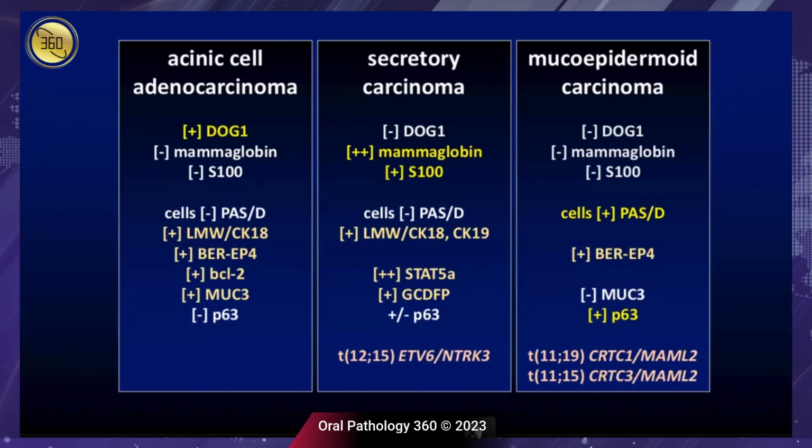It's important because these tend to have a little higher rate of high-grade transformation. The easiest way to tease out a mucoepidermoid carcinoma from secretory carcinomas is with a PAS diastase. Usually it's the secretory product that will highlight and the cells will not. In a mucoepidermoid carcinoma, if you try to highlight the intracellular mucin, it's going to be the cells that highlight, and they will also be negative for DOG1.